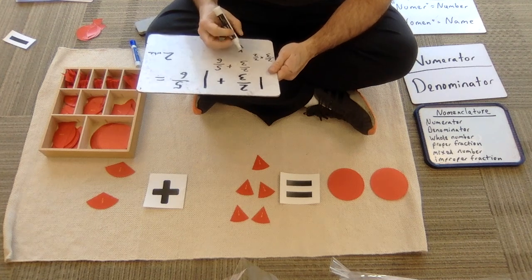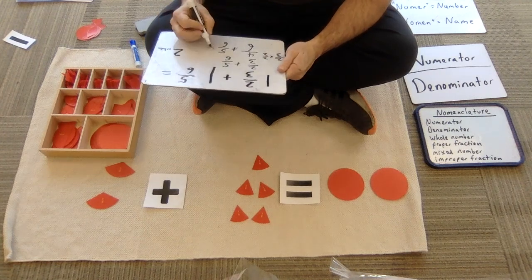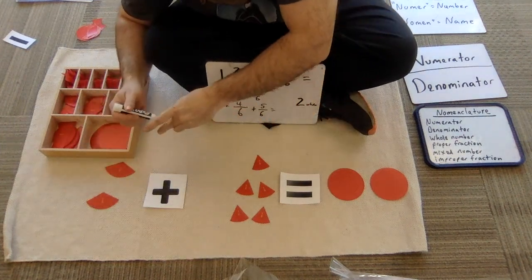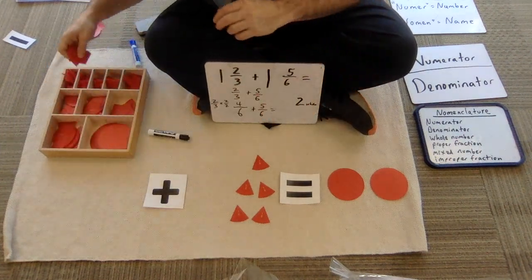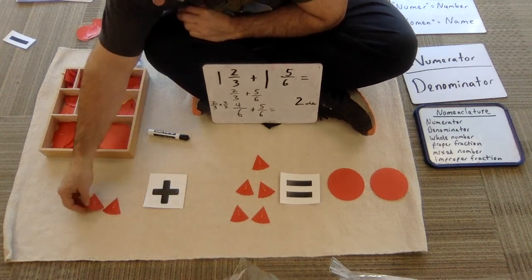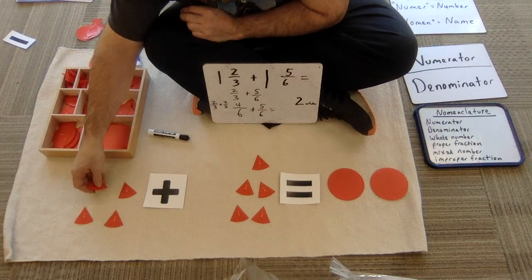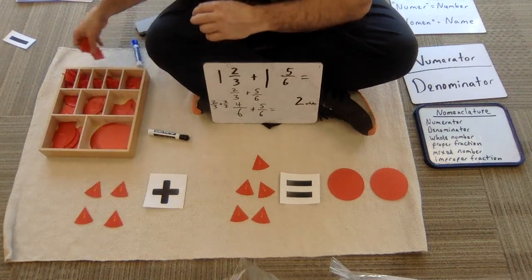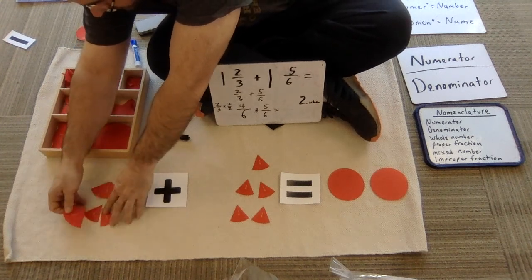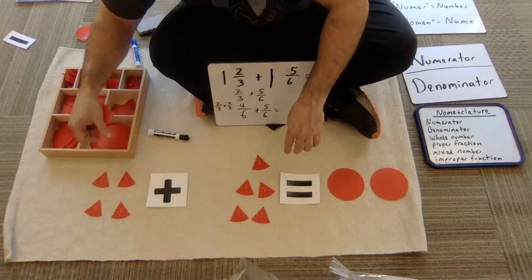So 3 times 2 is 6. 2 times 2 is 4. It looks like 2/3 is equivalent to 4/6. So I have 4/6 plus 5/6. Let me change these guys out. I don't need to prove it to you anymore because we've already done these ones before. 1/3 is equivalent to 2/6. So 1, 2, 3, 4/6. So the 2/3, check, that is equivalent to 1/3. Yes. So 4/6 plus 5/6